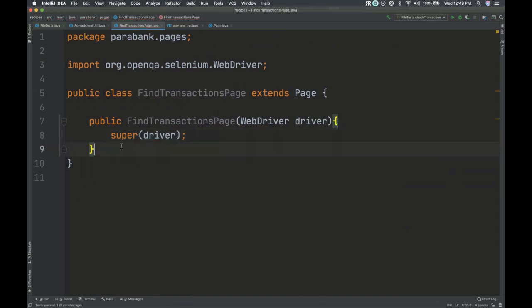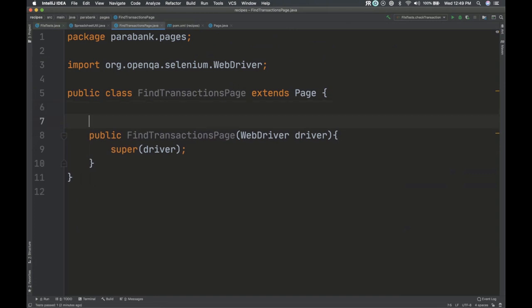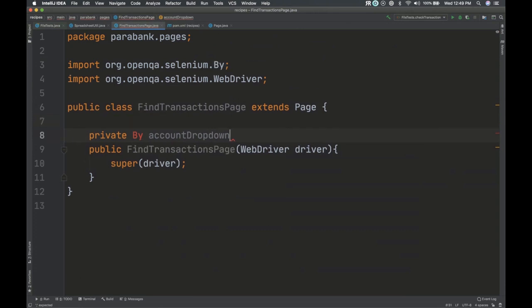Very nice. And then I need some buys, right? So private by account drop down. And this is by ID. And what is that called again?